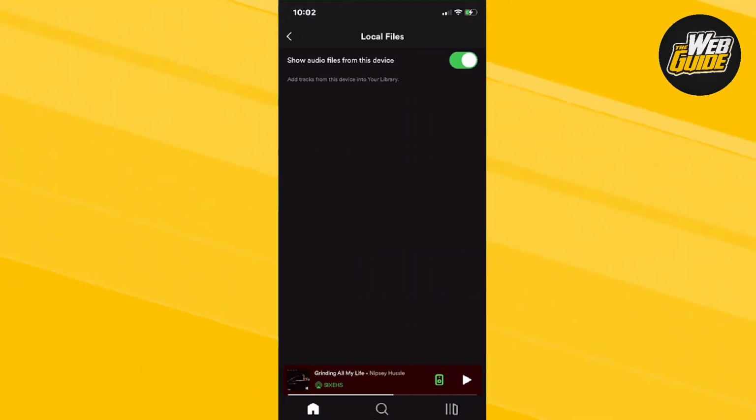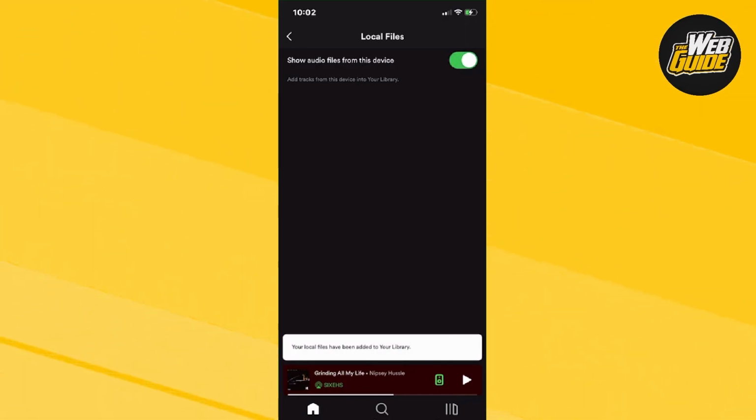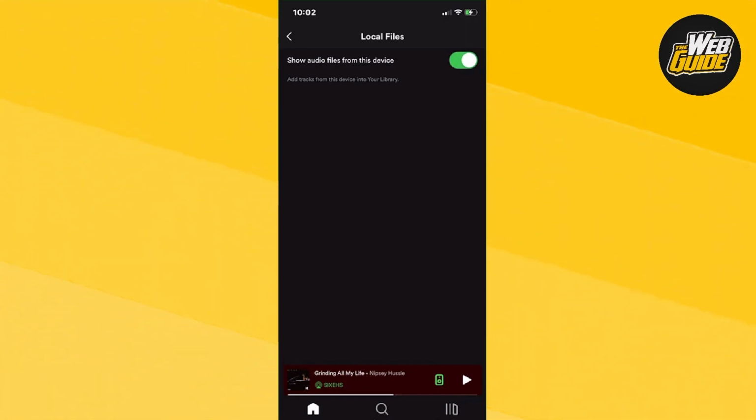Once you do that, usually you will have this toggled off. Now it's going to say show audio files from this device. So just make sure that you actually have this toggled on. And basically it says right here, it's going to add tracks from this device into your library. So basically it's going to sync up with your iCloud Drive or whatever songs you have on